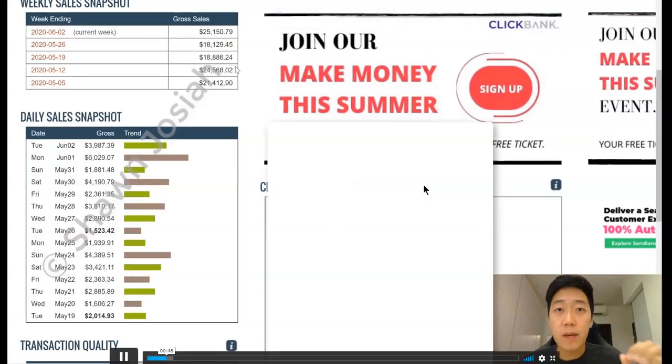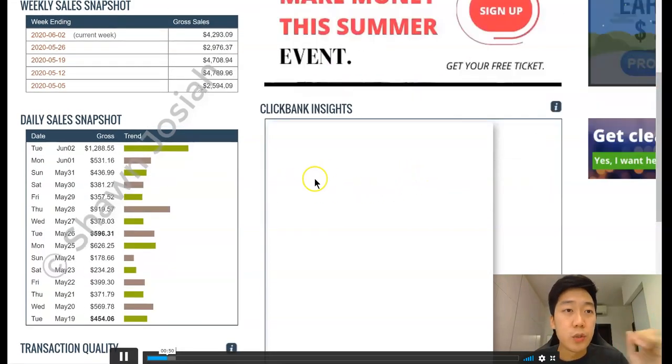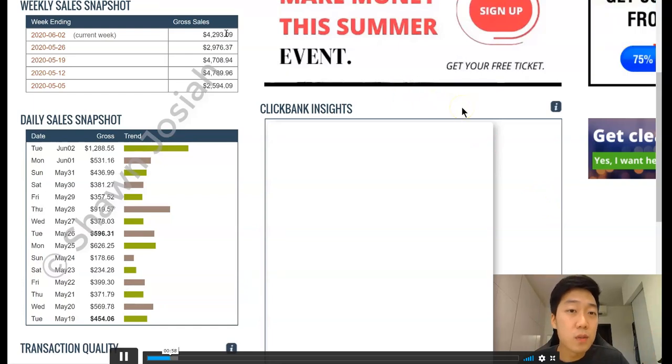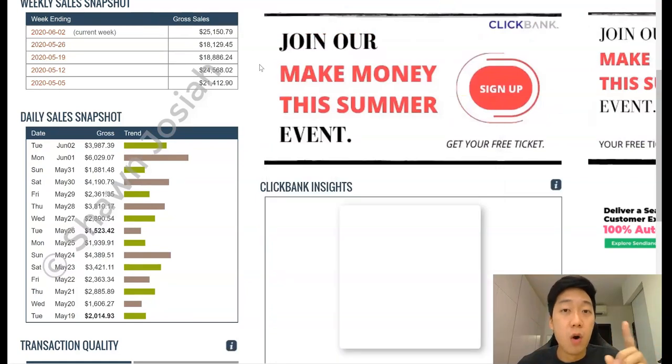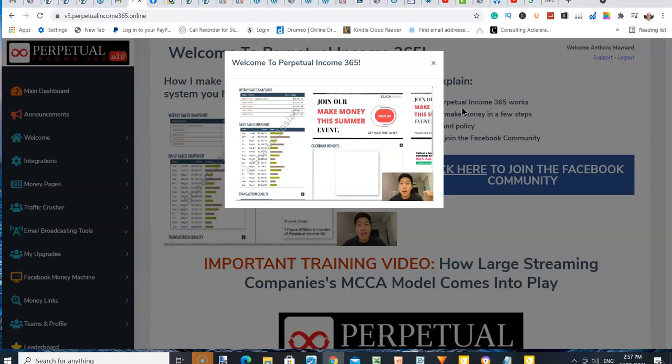Okay, and this is one of my Clickbank accounts. Next I'm going to show you my other Clickbank account over here. Here you can see that I'm generating an average of about $500 per day and about $4,000 per week. If you were to add up both my income on Clickbank alone, that's equivalent to about $100,000 per month.